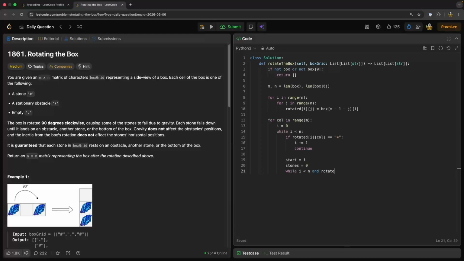and rotated i column is not equal to obstacle, which is defined with this symbol. And if rotated i column is equal to the stone, which is defined by this one, we increment the amount of stones by plus 1. Once we reached this one, incrementing the i. Let's start the filling. So we're filling with empty element first, with the range start, i minus amount of stones,